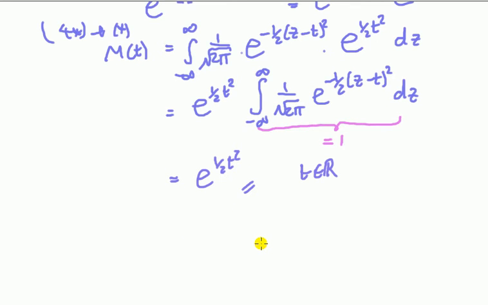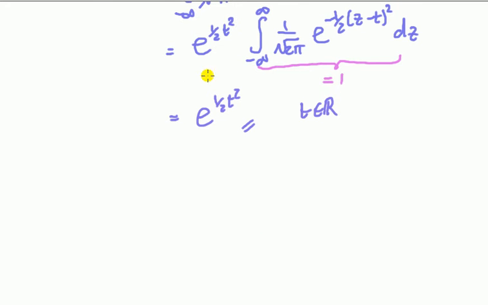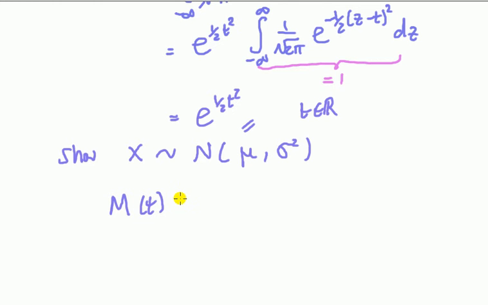So what I was going to do in class is to actually work this out for the class, which I've just done, and then ask them to do this other problem. Show then, more generally, that if X is normally distributed with a mean of mu and variance of sigma squared, so you've seen that I've generalized it completely now, not a mean of 0 but a mean of mu, and the variance of sigma squared, not a variance of 1 like I've used, that now the MGF looks like this: